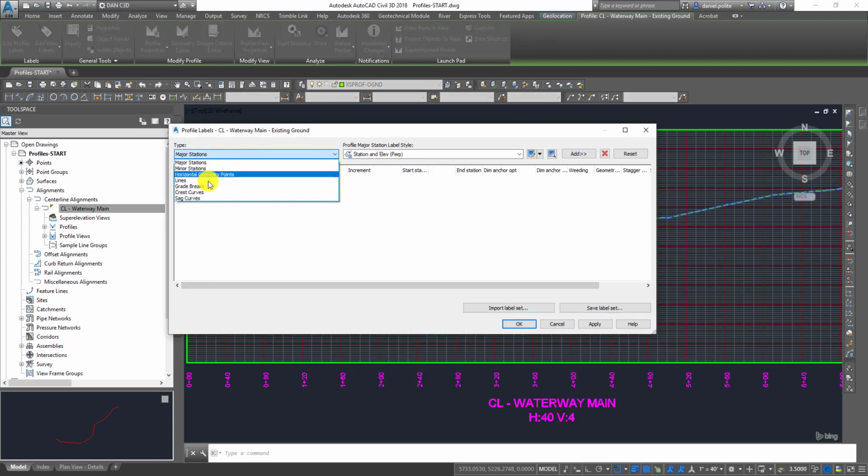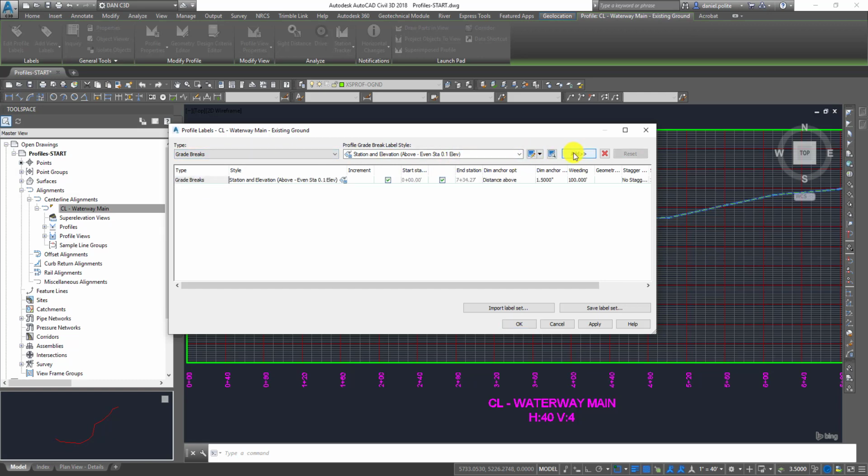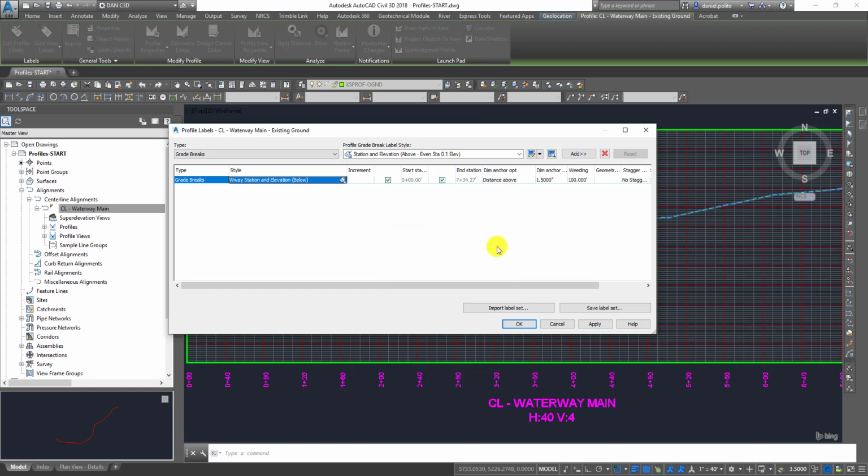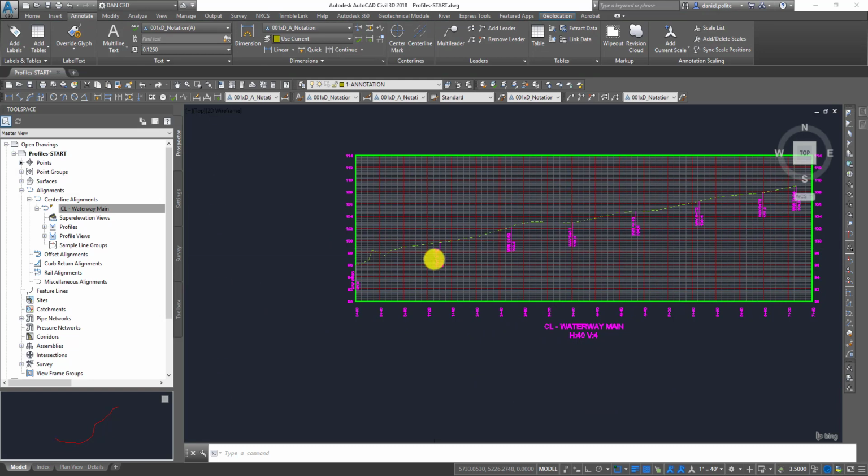So you can do grade breaks in between all those. Go ahead and click add. So you want to make sure you add it, and you can do it to a specific station, however you want to do it, but there are some options that you can do with that. So if you wanted to adjust this, you can say station and elevation above, waterway station above and below. So in this case, we'll just do it below, click OK, click apply, and you'll notice at every